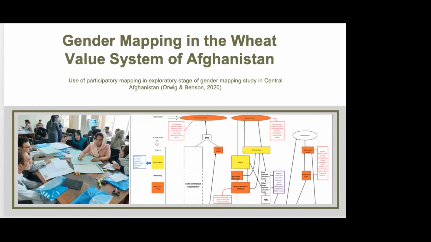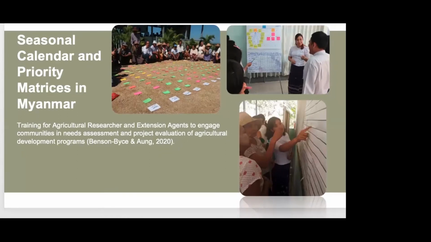I'll share one more example, and then we'll do a practice activity together. So in 2019, I had the opportunity to work in Myanmar through a Fulbright specialist assignment. And the Ministry of Agriculture had requested support to help agricultural extensionists and researchers better engage with the communities to identify agricultural needs, and also to, in a participatory way, evaluate the impacts of both ministry programs and externally funded